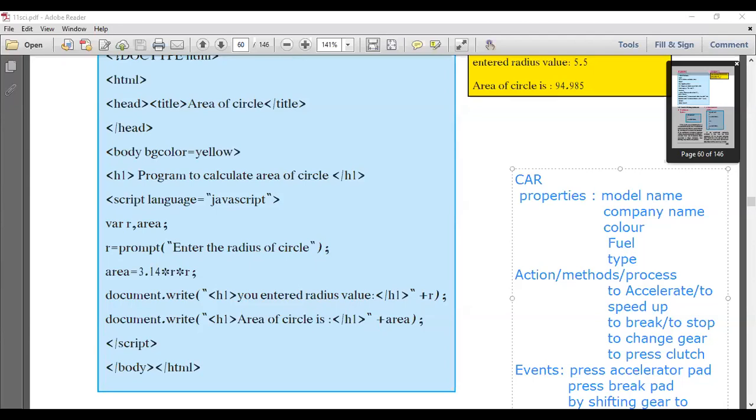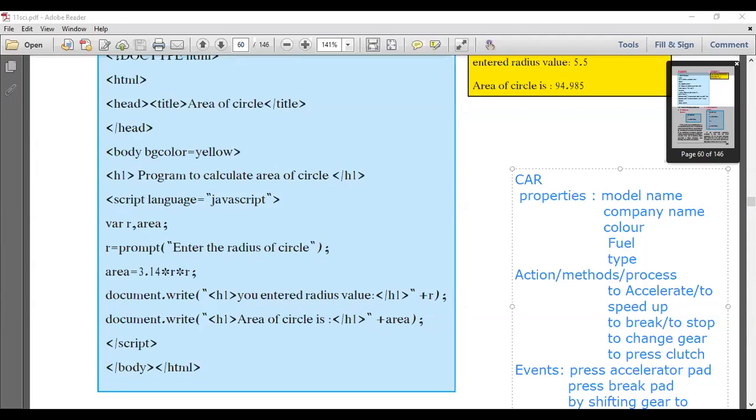By shifting gear to first gear, second gear, third gear, fourth gear, fifth gear, and reverse gear, we can change the direction and speed of the car. The moving speed of the car we can adjust by shifting the gear. So to shift the gear is an event.